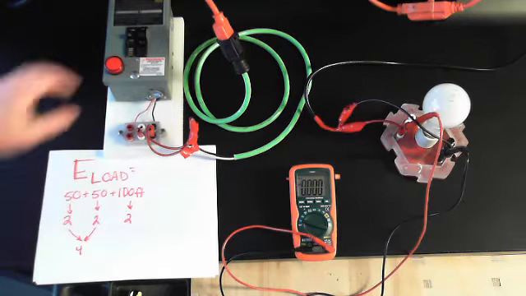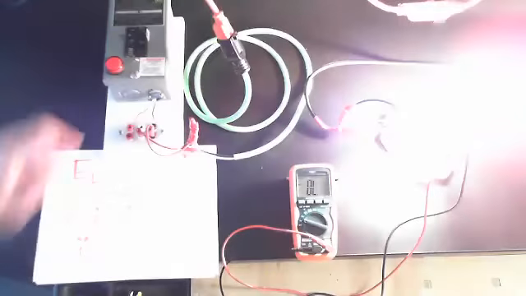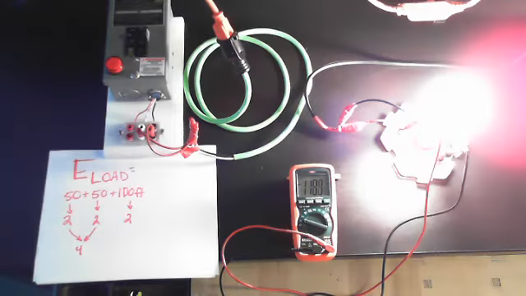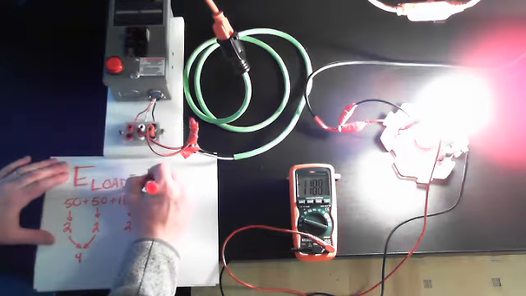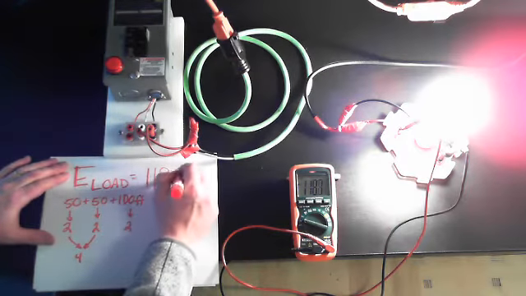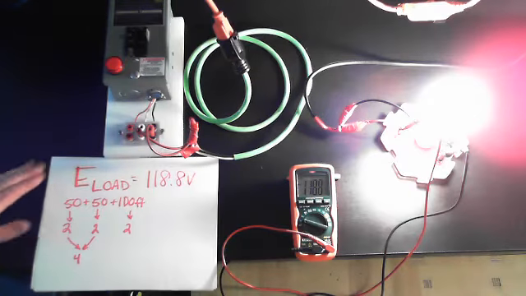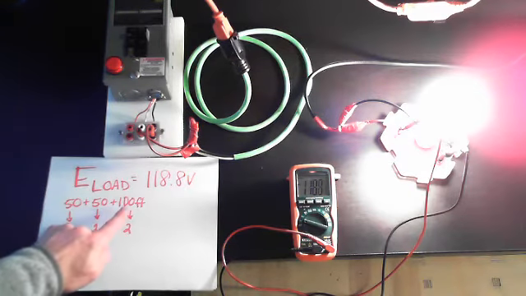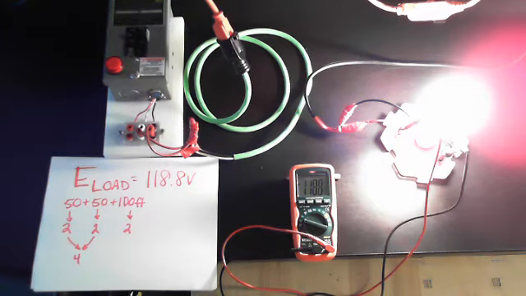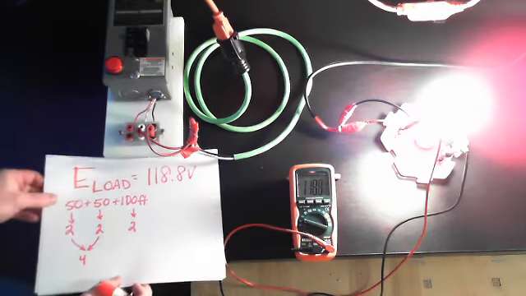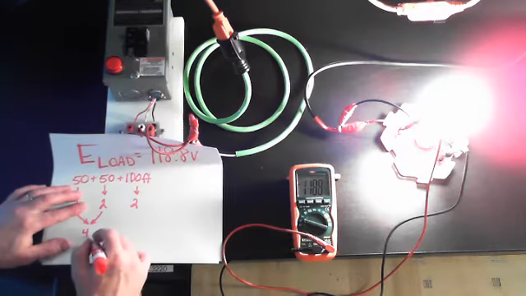So let's power this on. And we have a voltage at the load of 118.8. So now we have a load voltage of 118.8 volts with 200 feet of length of conductor and 6 total connections. So the total number of connections,